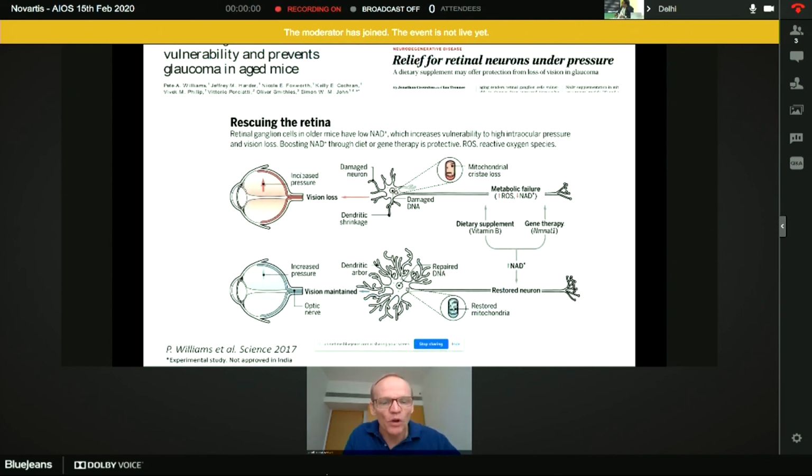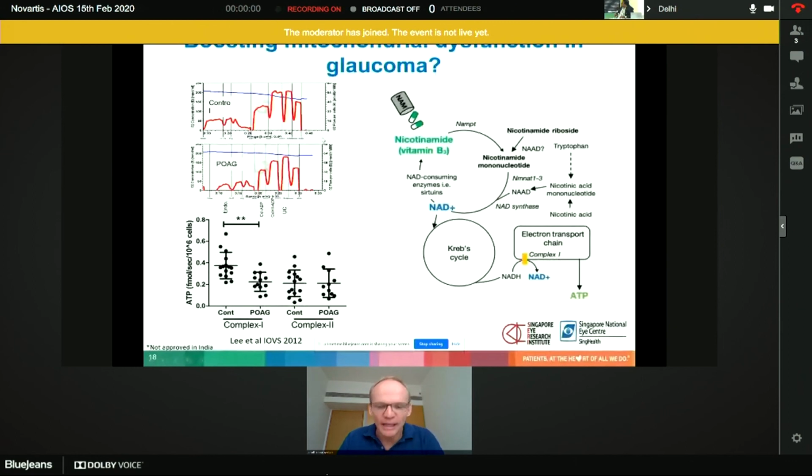The neuroprotective that we tried was vitamin B3, and we really chose this for two reasons. One is there was some very strong evidence from rodent studies. This was published in Science in 2017 by Pete Williams and Simon John, where they looked at an inherited mouse model of glaucoma and found that one of the earliest changes was